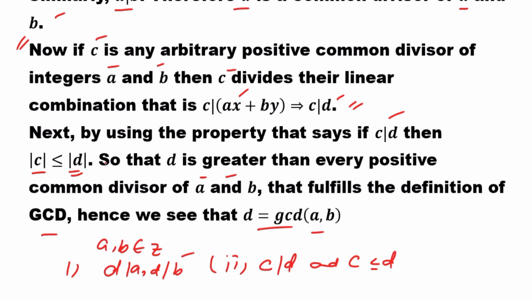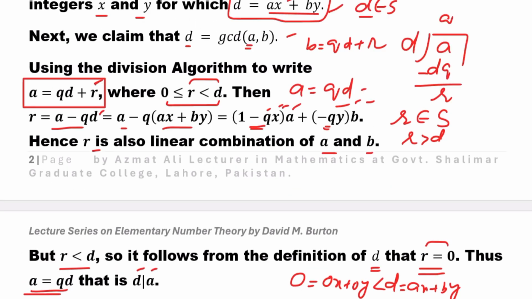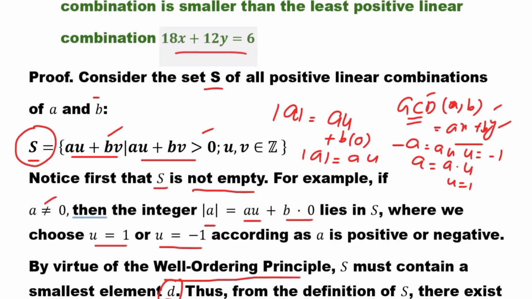So we can see here the same conditions. c is a common divisor that divides d. c is less than d, so that d is greater than every positive common divisor of a and b. So both conditions of GCD are satisfied. Hence, d is the GCD of a and b, that can be written as a linear combination of a and b. So I hope now you have a clear understanding of